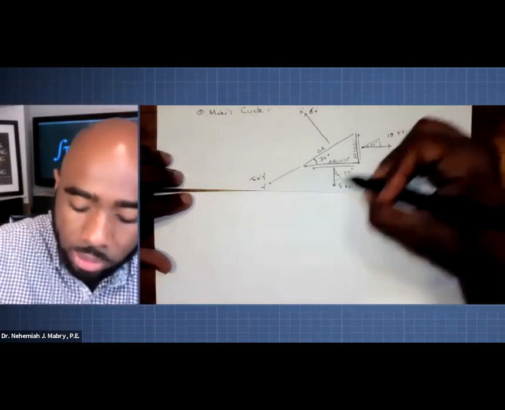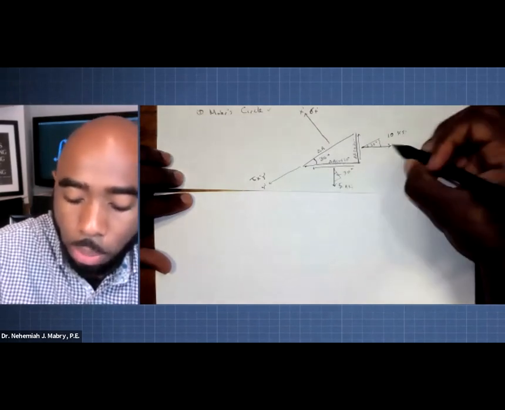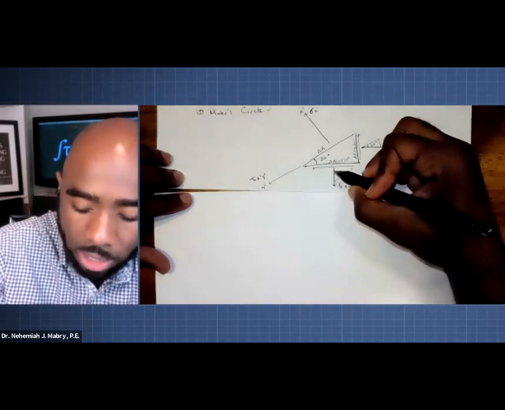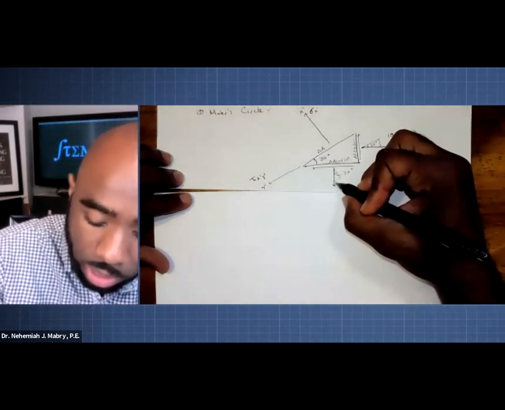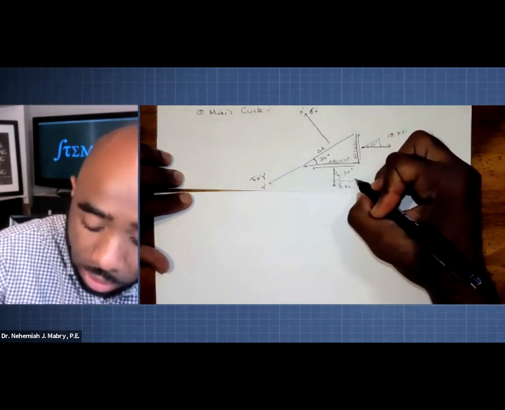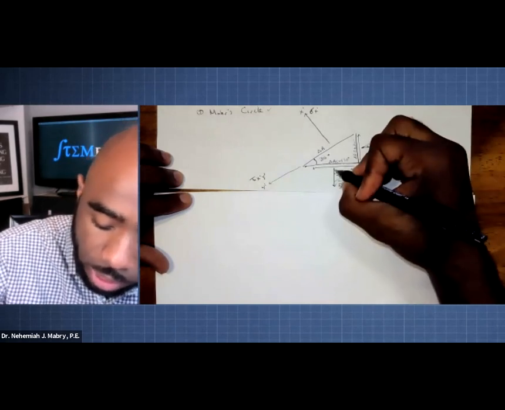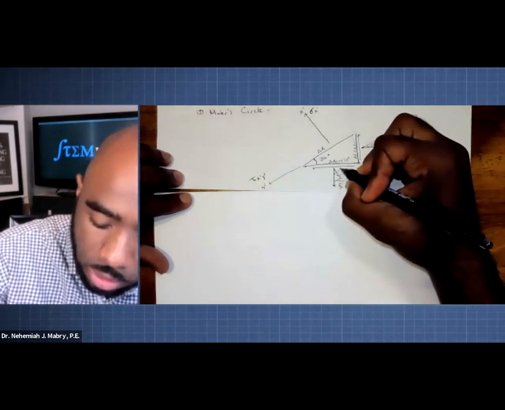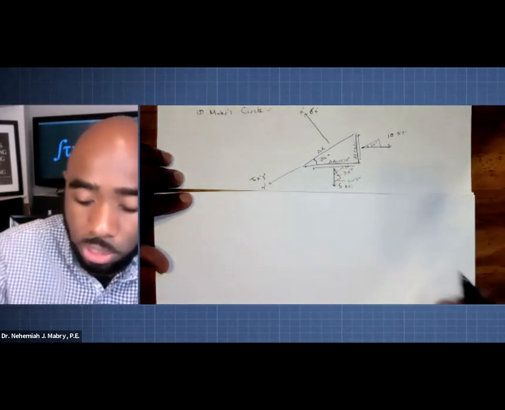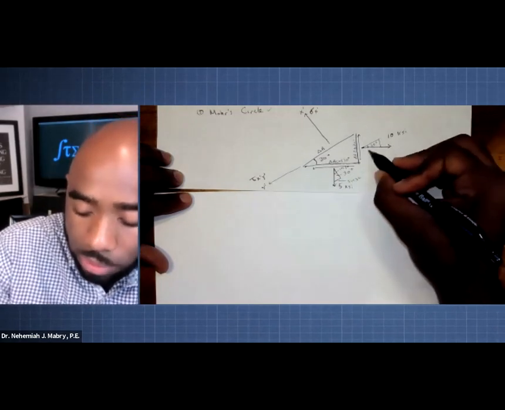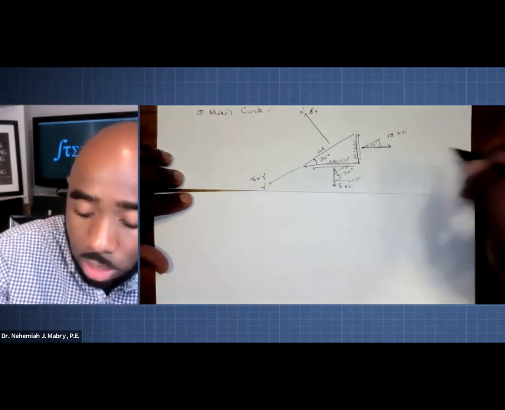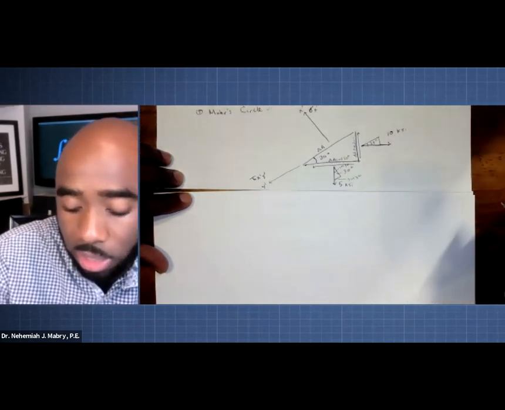And then the same thing is true about these particular components. The component that you're originally given, 5 KSI, is your hypotenuse. So this face right here is 5 times sine 30, and this component right here is cosine 30. Realize I'm writing kind of small, but make sure you can determine that if this is your hypotenuse, the way I get this component is cosine 30, and the way I get this component is sine 30.